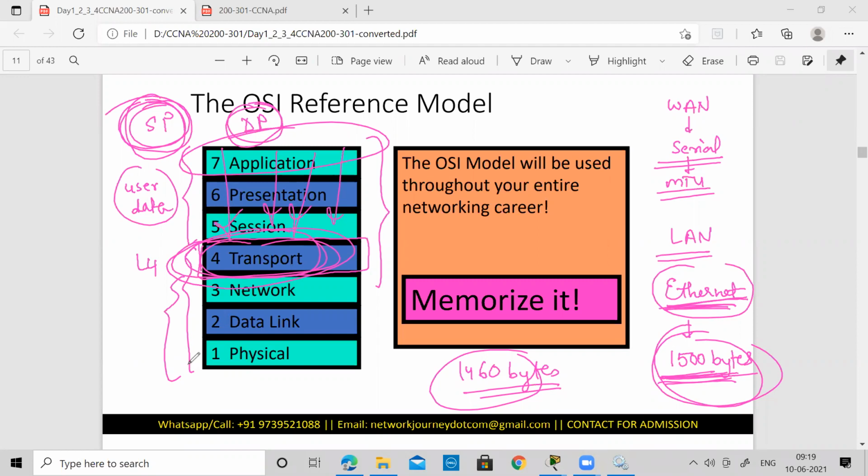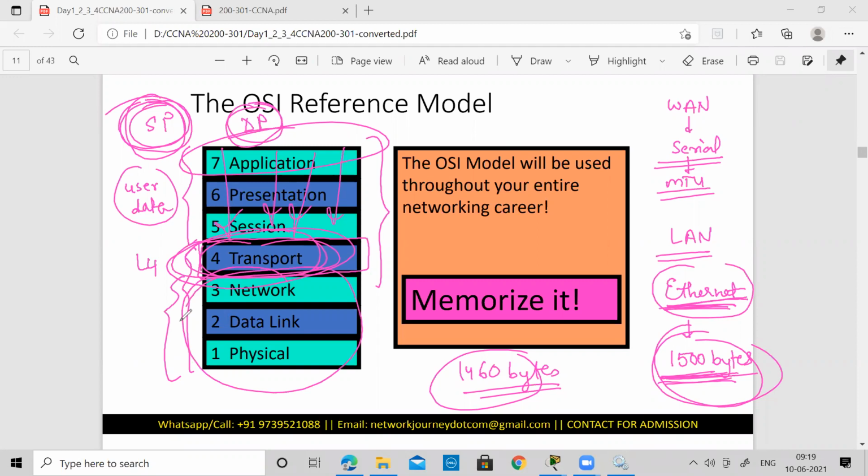As I said, we are just going to get into all these details. I will make sure that I touch a little more on the transport layer, though it is not a part of your 200-301 CCNA course, because if you go and check, there is not much information which they have given to explain the transport layer. But I will be taking it up, don't worry, because I know that it is very important to know all these functionalities in detail.